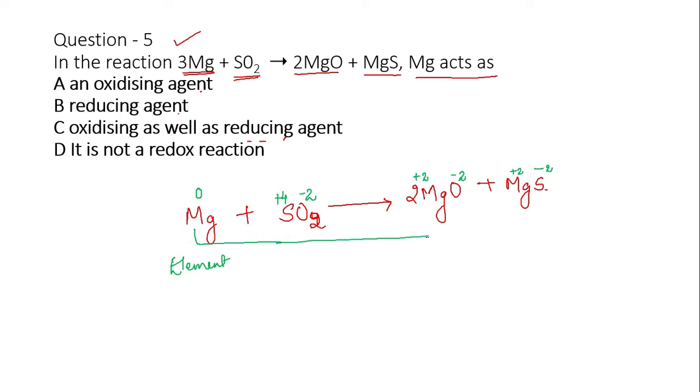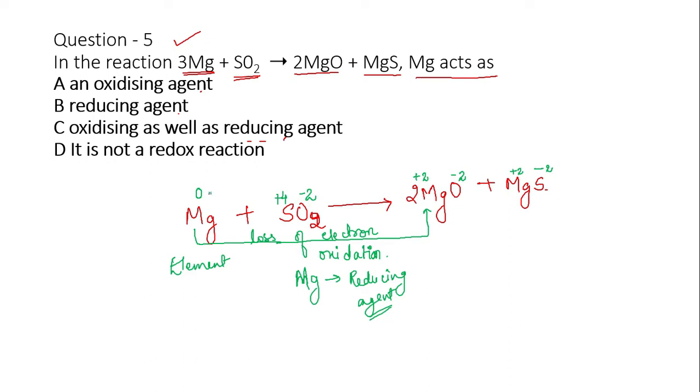So in this situation we see that Mg, the first one, is showing the loss of electron. So what do you mean by loss of electron? It is your oxidation reaction. So oxidation of what has happened here? Oxidation of Mg. So when there is oxidation of Mg, that means Mg in this case will be a reducing agent, because the reducing agent is the one which gets oxidized itself.